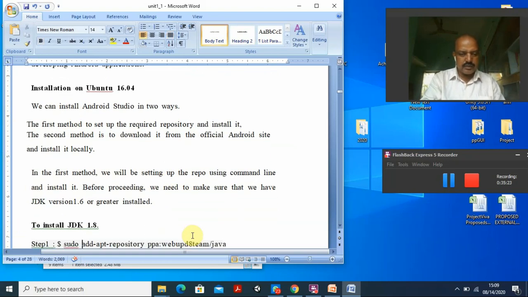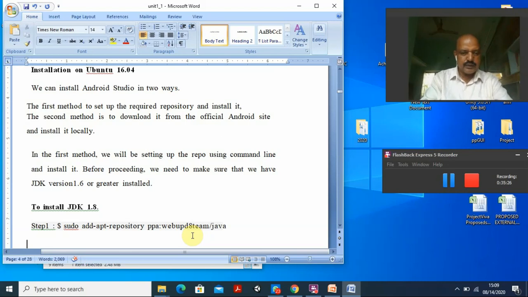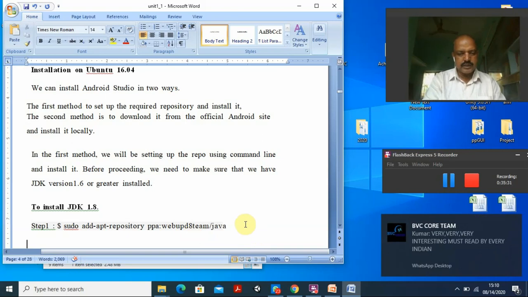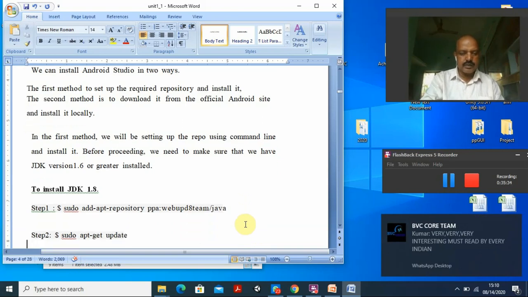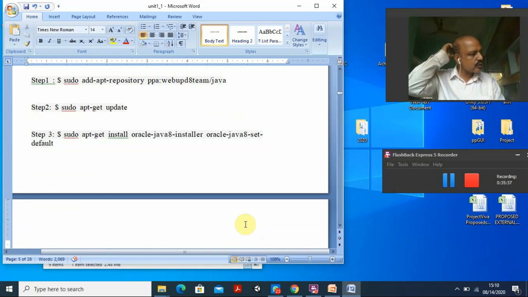I suggest that instead of 1.6, you go for JDK 1.8, because it is a stable version, and for so many applications you can use this Java Development Kit, because I told you it is purely Java based. You also need to install Eclipse, which is also a platform you can go for. But you must install Java JDK 1.8. To install on either Linux or Mac, not Windows: on Windows you just download and install. What I am giving here is for either Ubuntu or Mac, where the same thing works.